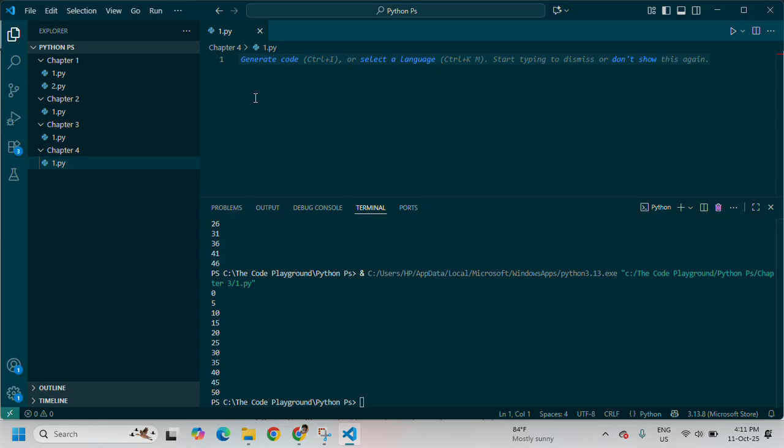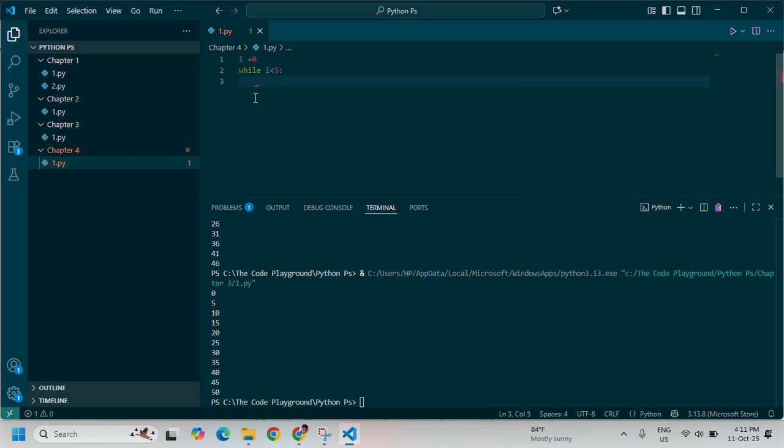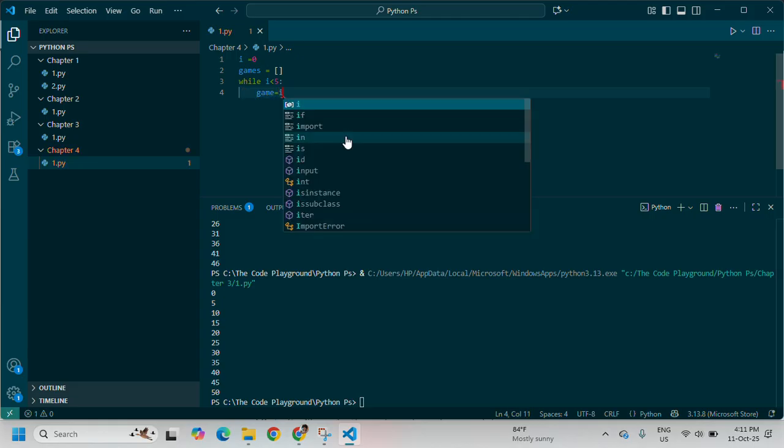So I'm going to use the while loop for this. So i is equal to 0, while i is less than 5. The while loop will do it shorter, because otherwise we would have to repeat this over and over, and that will take us a lot of time. And I'm also going to make an empty list called games. So now while i is less than 5, game is equal to input